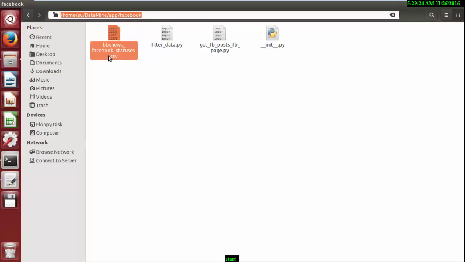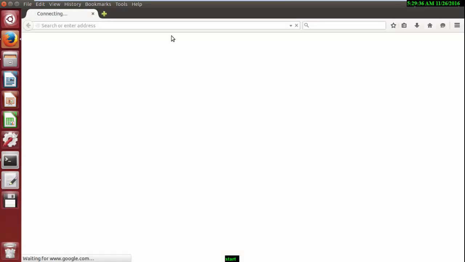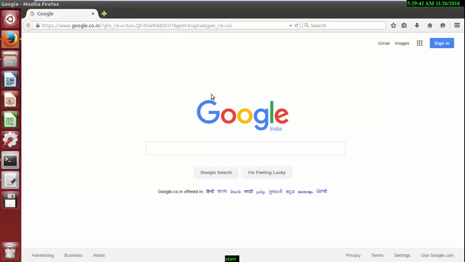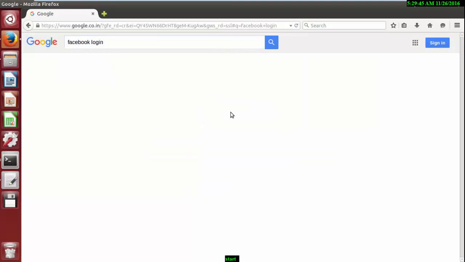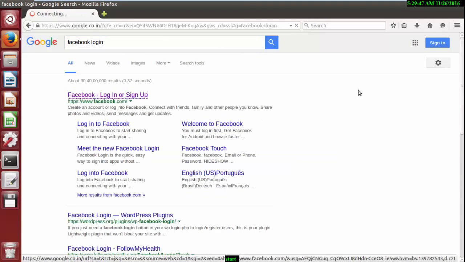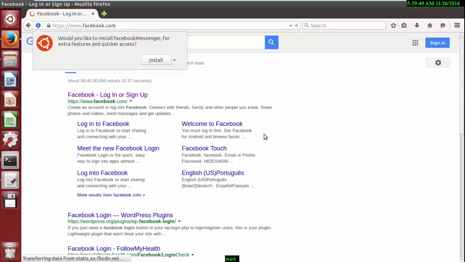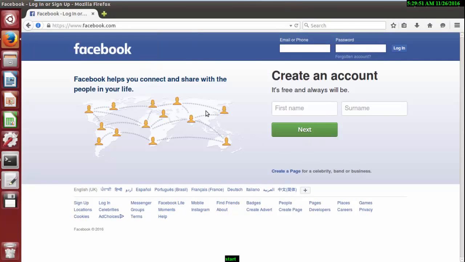What I'm going to do initially is show you how you will create an account in Facebook and fetch the key and API address from there. I guess most of the people know about this thing, so I'm not going to tell you about the login part. Okay, so here I go.